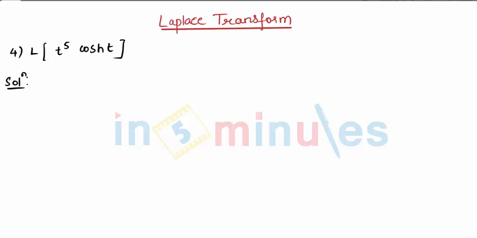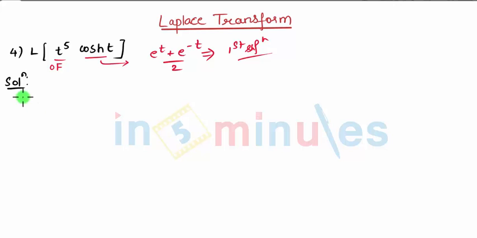Now see, we know very well that cos hyperbolic t changes to what? E raised to t plus e raised to minus t divided by 2, which finally gives me the first shifting effect. So what I suggest is, when you know that this function gives you a first shifting effect, it is always preferable to take t raised to 5 as the original function, take out the first shifting effect from cos hyperbolic t, and apply the first shifting effect on the original function.